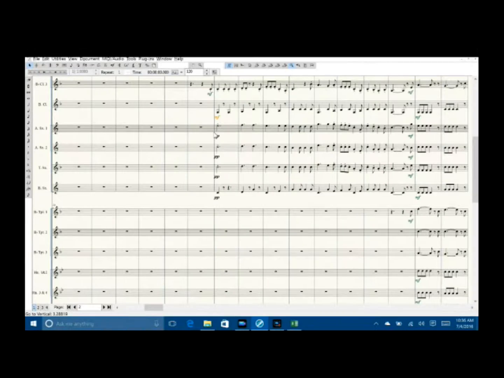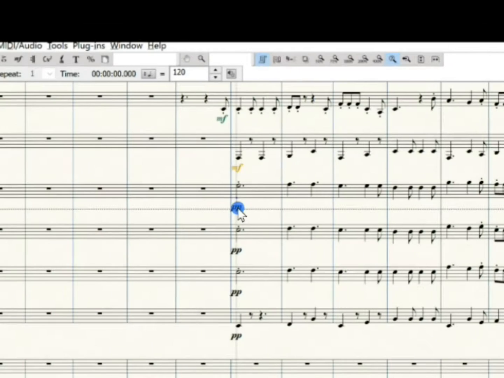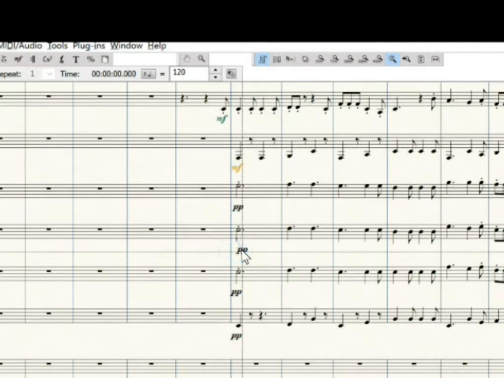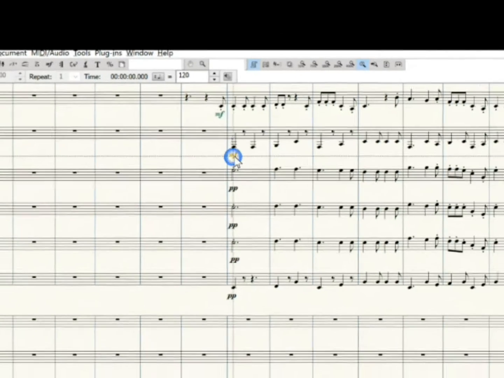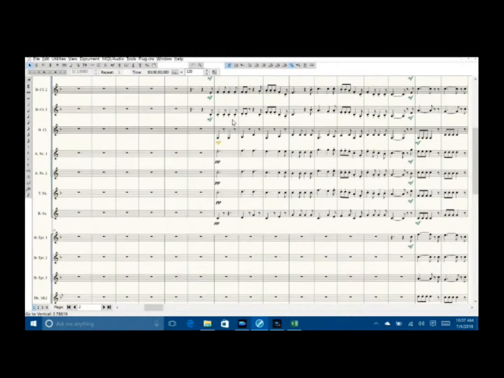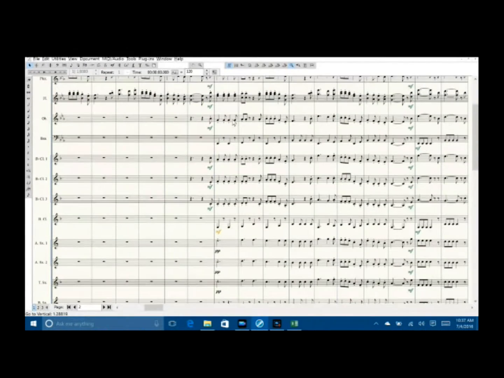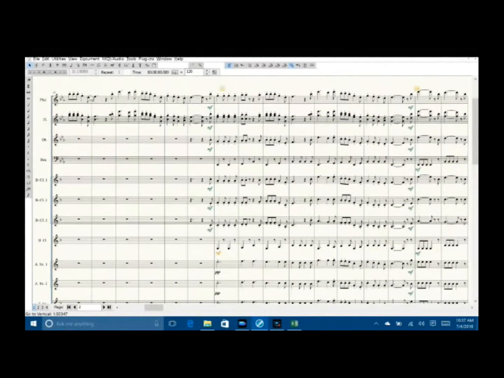The bar line does not extend below the bar on the individual parts, but it does in the score. So I'm going to go ahead and drag that just a little bit to the right so it's comfortably off of the bar line. We don't want it. Anytime a text marking or articulation or a dynamic marking touches anything else, it's more confusing than if there is a comfortable amount of space between them.